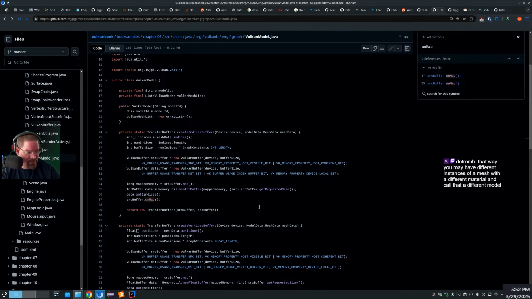For me, a mesh is just the geometrical data, vertices, and indices, while a model may include the data relevant for rendering: material, mesh, joints. You may have different instances of a mesh with a different material and call that a different model. But then I see what you're saying. In that case,